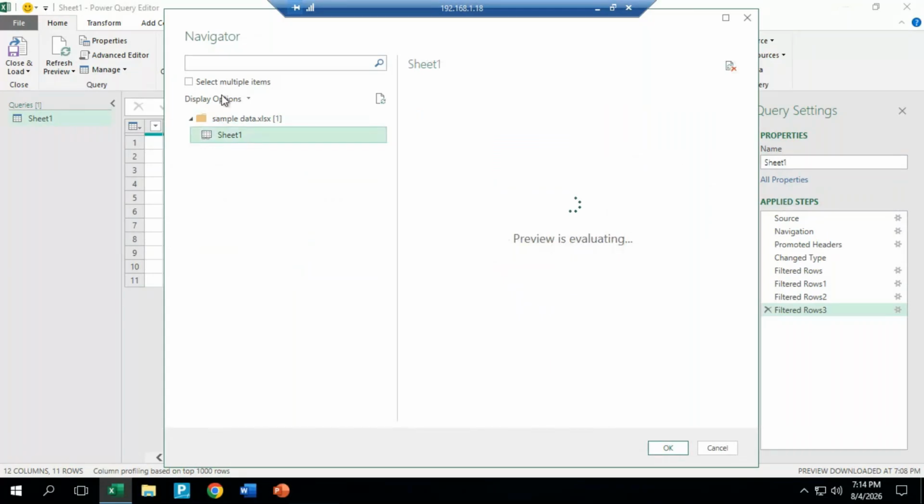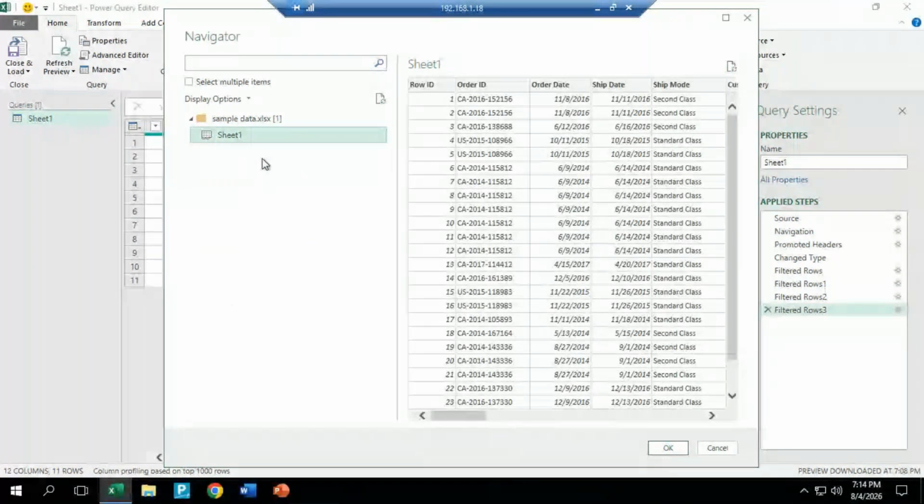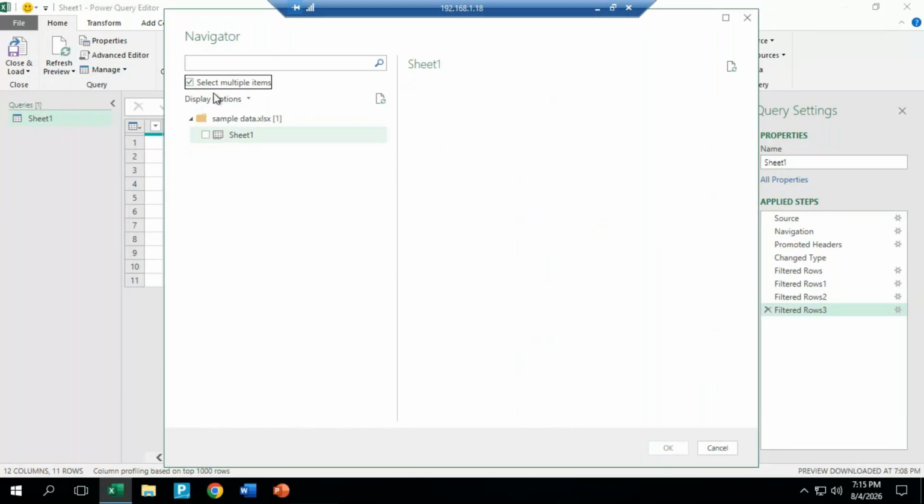Select this one. If I have multiple sheets of data, whenever we import into the Power Query editor and want more than 2 sheets, we have to tick these options like this. Then multiple columns we can set, and multiple tables we can import into our Excel. So click on,